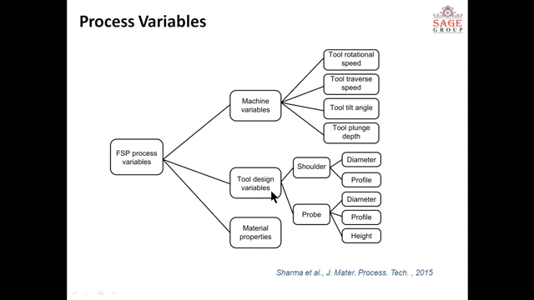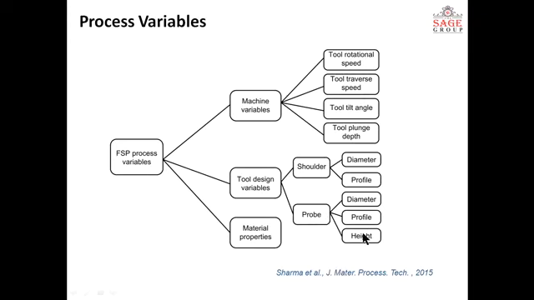So other parameters are related to the tool design, and number one is the shoulder: shoulder diameter and profile. The profile plays a very important role. We will discuss it later on in the tool geometry section. In the diameter, the more the diameter, the more the contact, and the more the heat will be generated, but we have to spend some more power on it. And the probe